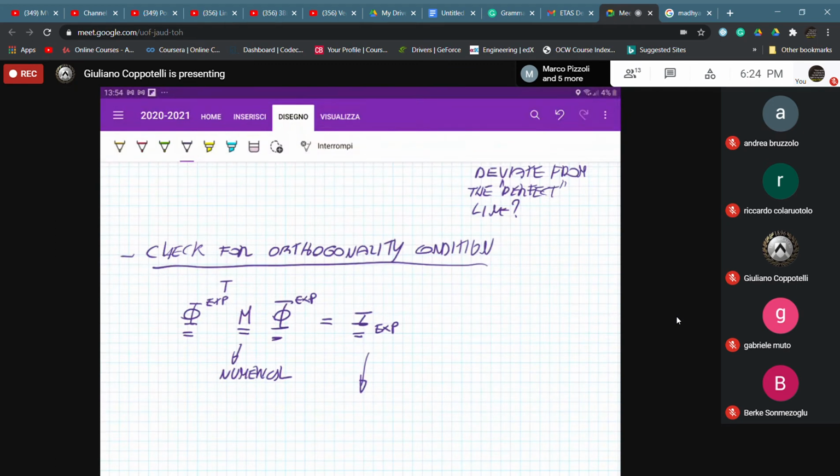If not, then a good correlation could be considered if the numerical and experimental models are such that the diagonal terms of this experimental matrix,